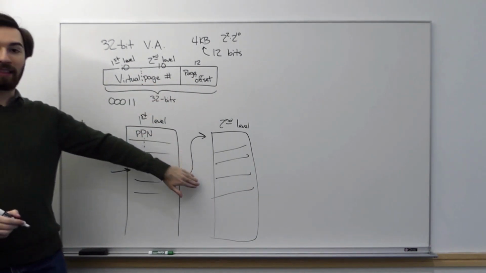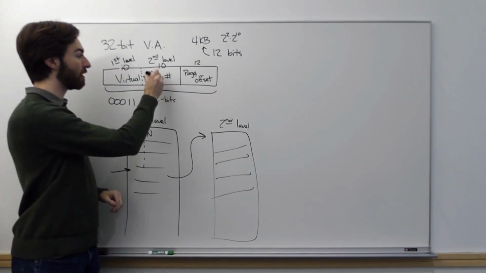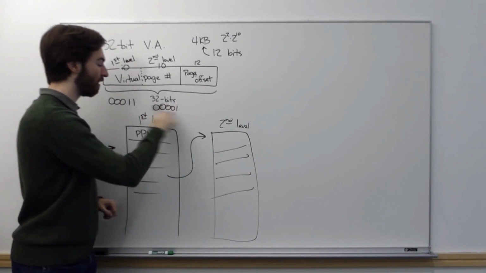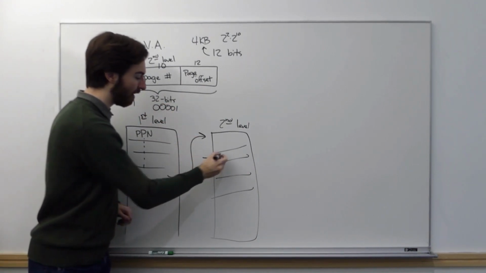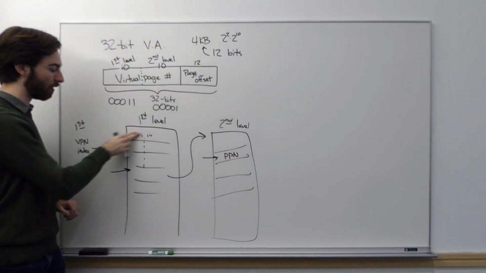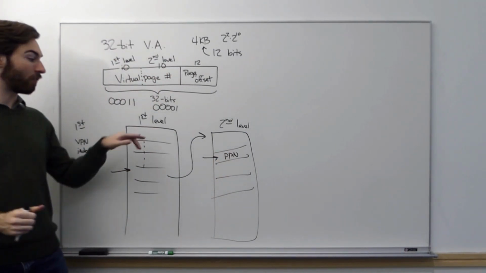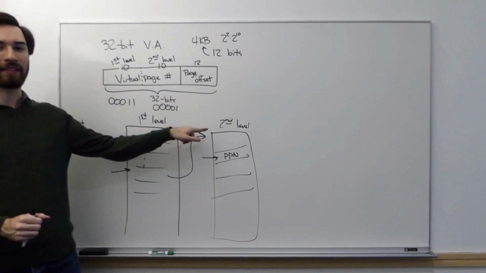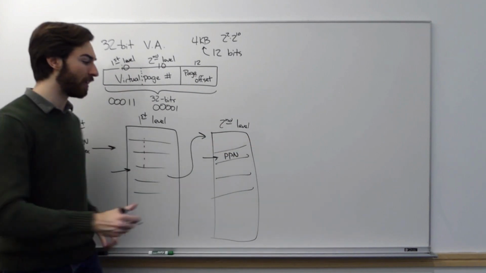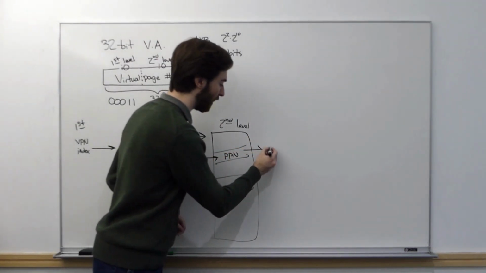And then we would index into this second level page table with the second level offset. And so if this was like 00001, we would go to this spot, and this is where the actual physical page numbers would be stored now. They wouldn't be stored in the first level anymore. First level stores pointers to the second level page tables, and then the second level page table stores the actual physical page number, and we would take that physical page number,